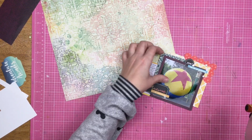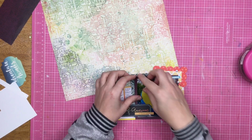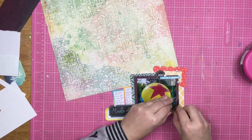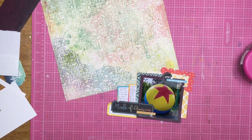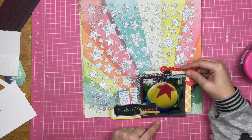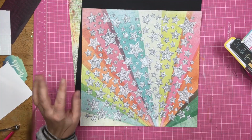Now, I did grab a pop foam. I really think we ought to be calling these things pop foams. Like, I like that. So I'm going to put them down. I want it to have a little bit of lift and dimension on the page. I end up not liking the one down here on the bottom right corner of the photo mat. And now I'm just going to figure out where exactly this is going to go and what it's going to look like. Of course, this is still wet, so I do have to put it off to the side